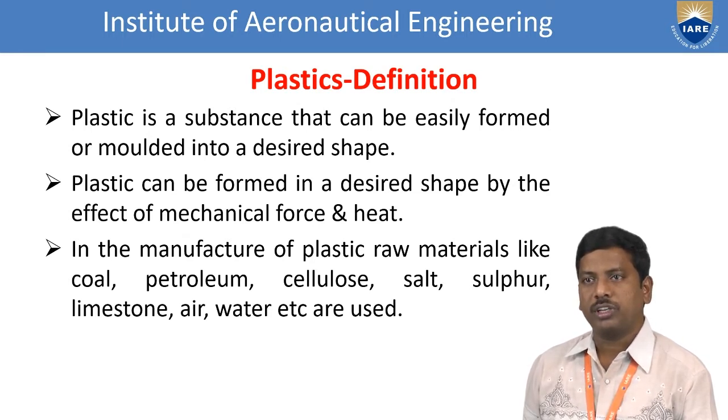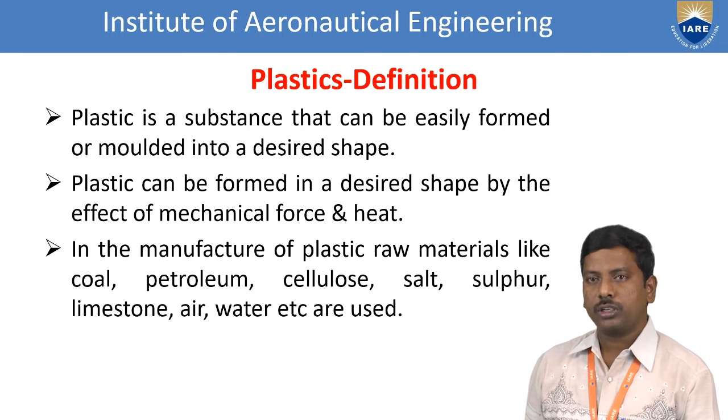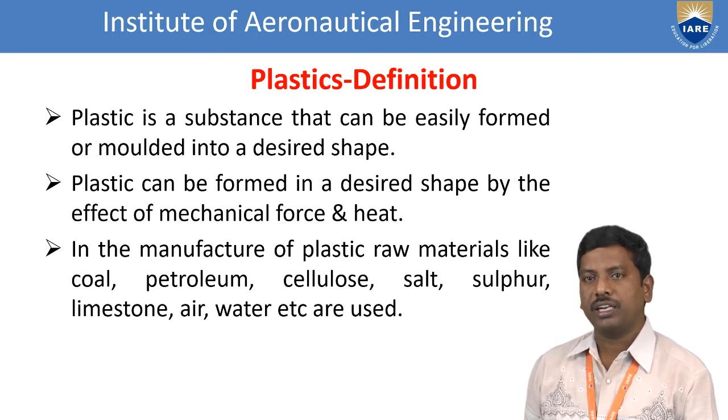Plastic can be formed into a desired shape by the effect of a mechanical force or heat. That means by applying pressure, which is a mechanical force, or by applying heat, a physical property. By applying temperature, we can mold plastics into the desired shape, or by applying pressure, a mechanical force, it can be molded into the required shape. In the manufacture of plastic, raw materials like coal, petroleum, cellulose, salt, sulfur, limestone, air,